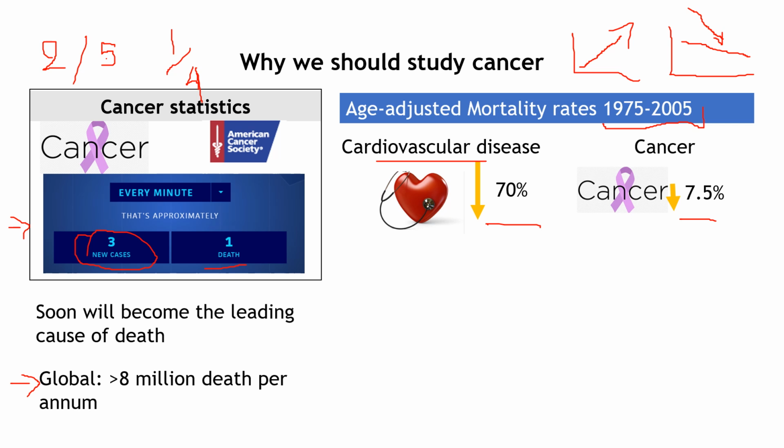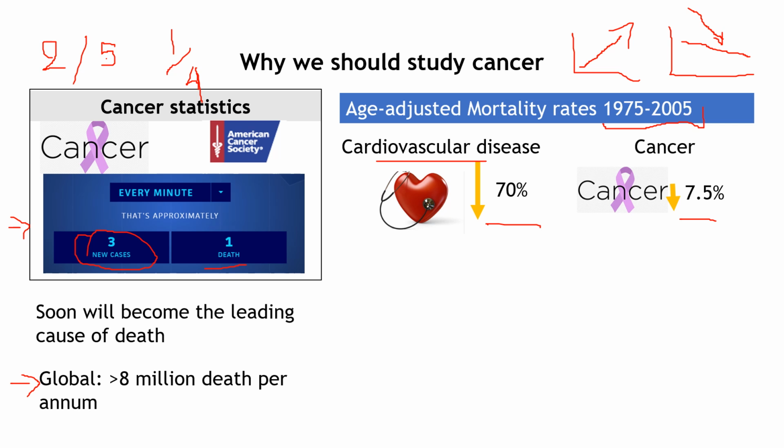It's almost 10 times lower. And this continues being like that. Cancer is still the second leading cause of death among diseases. Cardiovascular disease is still the highest one, but there has been a huge improvement. And the question that we always have is, why? We talked about that last time. It is because